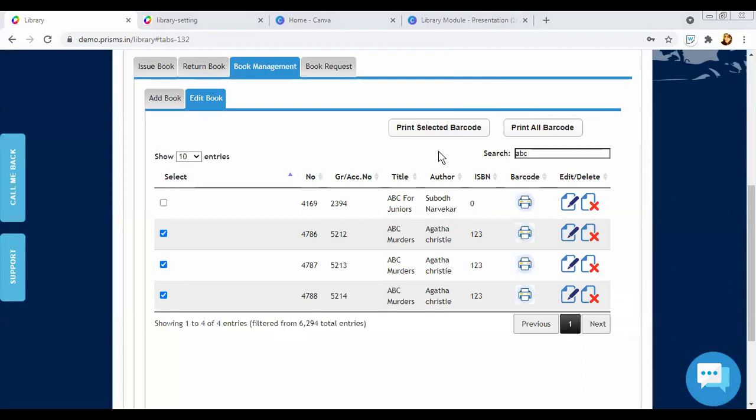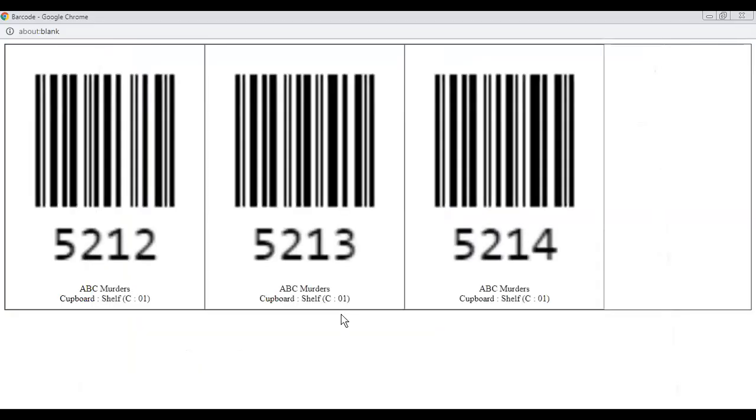I clicked on print selected barcode, and now I'm sharing the screen. Vibha, the print view is not visible to us. Yes, now it's visible. So for the 3 books that I have added, I can print only those 3 barcodes.